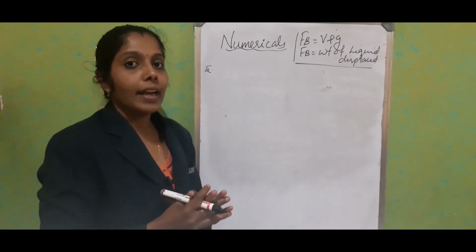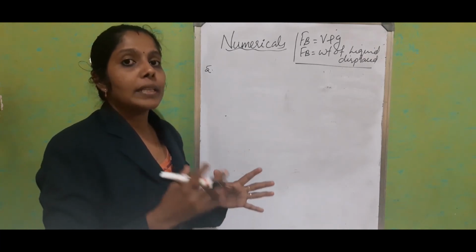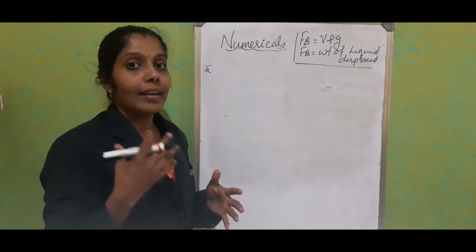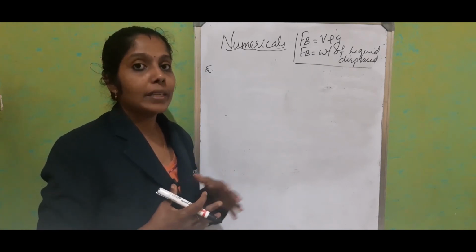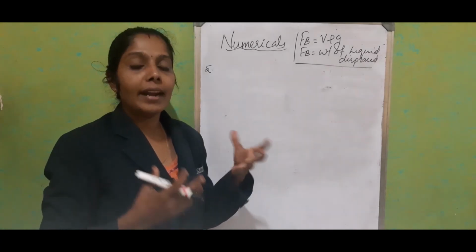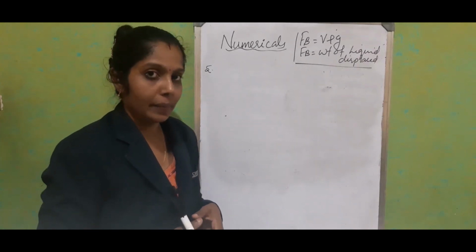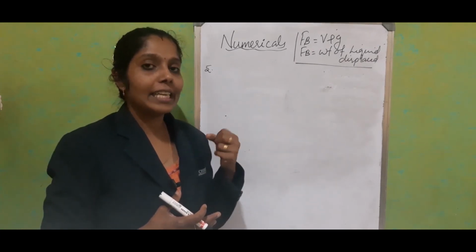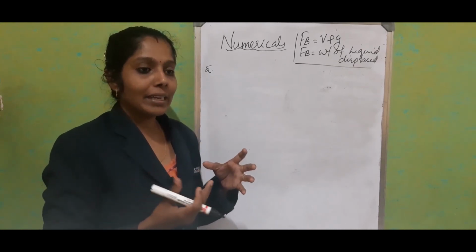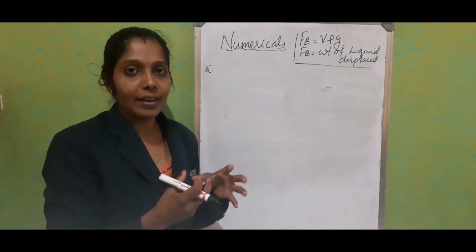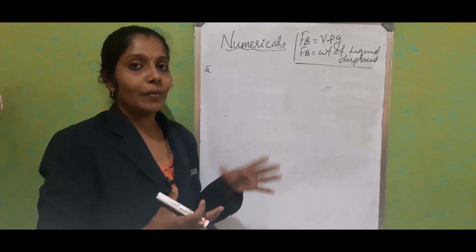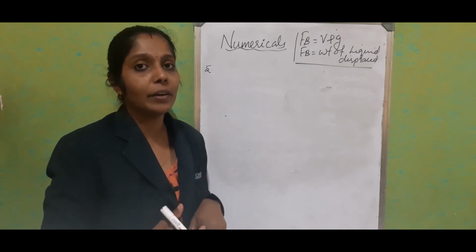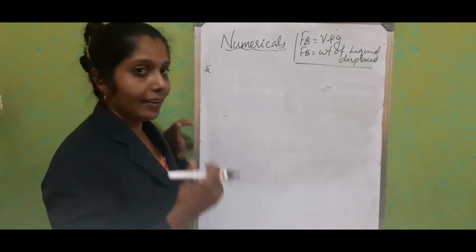Fifth question: we have a cube with side 5 cm and a density of 9 gram per cm³, which by using a thread is completely immersed inside a liquid of density 1.2. We have to find the tension experienced by the thread. Tension is equivalent to the apparent weight of the body inside the liquid, so we will find the apparent weight, and we have to mention tension in terms of Newton. Let's see the data.